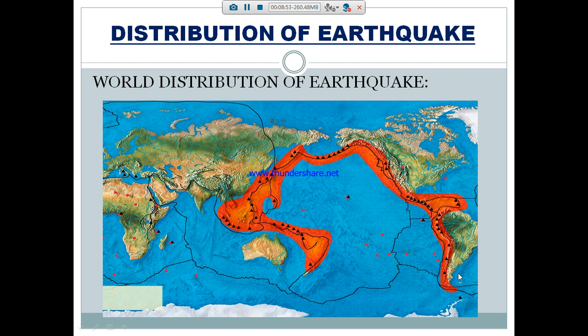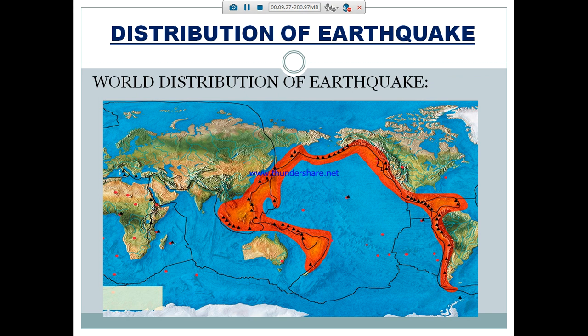See, another 31% of earthquakes take place in the Mediterranean-Himalayan belt. See the black mark drawn on the map. So the remaining 31% is here, and this is a very risky area. 68% occur in the Ring of Fire, and the black marked area is there. See India, the Mediterranean-Himalayan mountain belt is there, so mostly it will come under the remaining 31%.